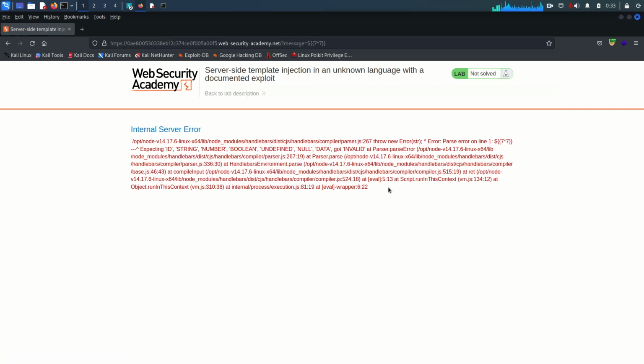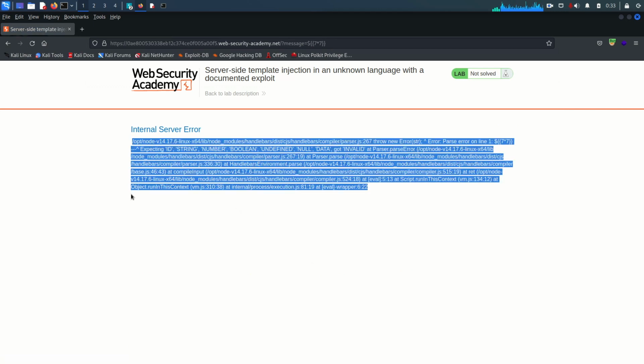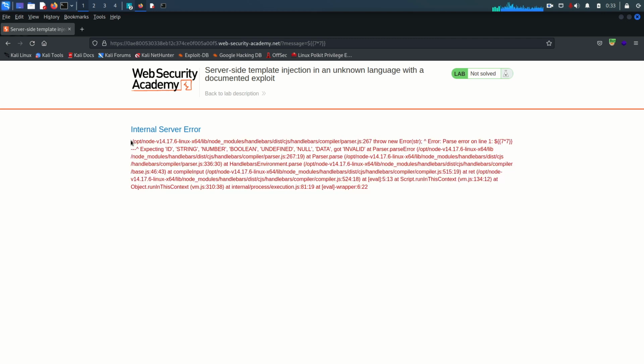And well done. This is a tester's last destination. Once we, as testers, do not find anything, we try to make the application throw errors, and in those errors we find a lot of information. So the first thing here is you can see the directory structure, I think, and it's using